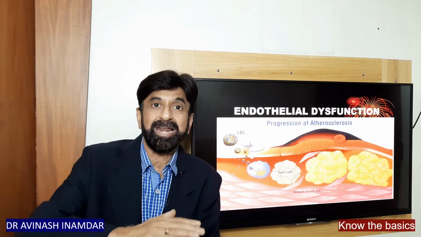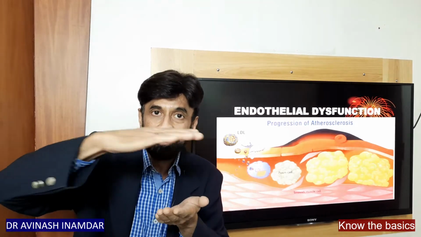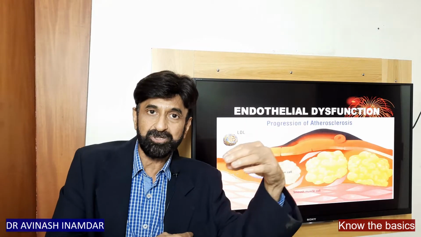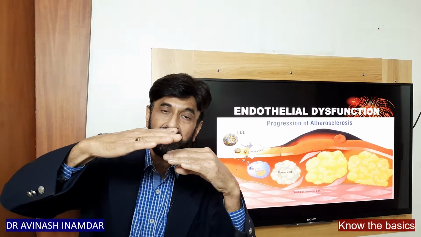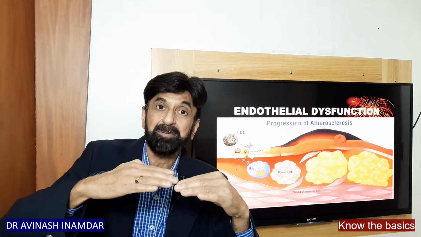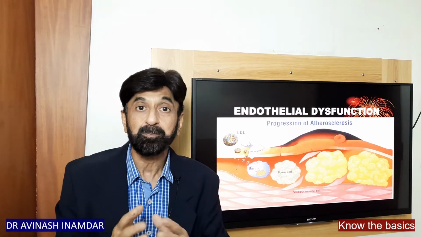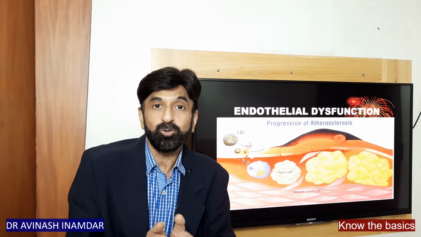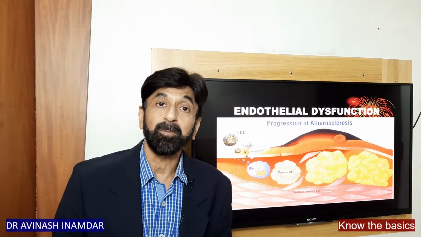See, there are three layers of the artery: an intima, a media and adventitia. So this bad cholesterol enters between the innermost lining and the second lining, that is between intima and media, and it progresses by a biochemical reaction, and slowly over a period of time the block increases